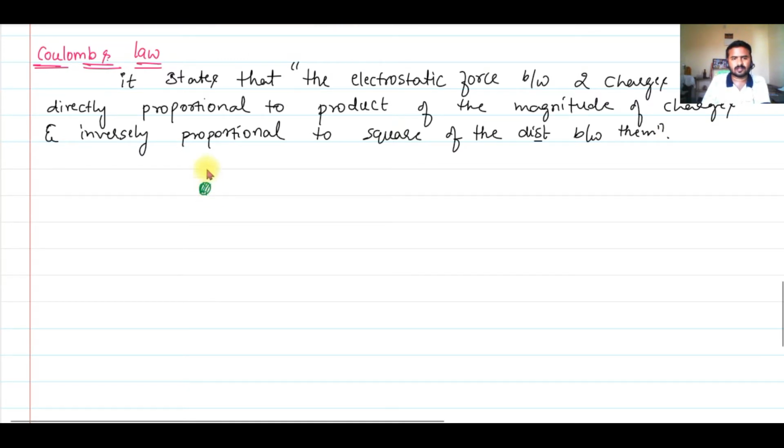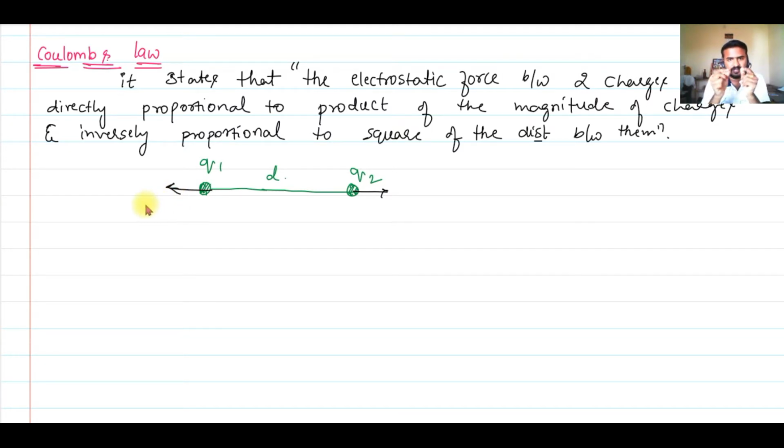So let's say we have a charge q1 here and another charge q2, and let's say the separation between these two charges is d. Now if you remember, the gravitational force is always an attractive force, whereas electrostatic force can be either attractive or repulsive depending on the nature of the charges. If both are positive or both are negative, they will repel each other. If they are unlike charges, one positive and the other negative, they will attract each other. For the time being, let us assume both charges are positive. So the second charge will be repelled by the first charge, and the first charge will also be repelled by the second charge.